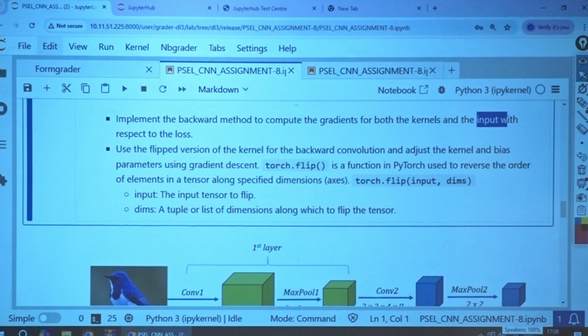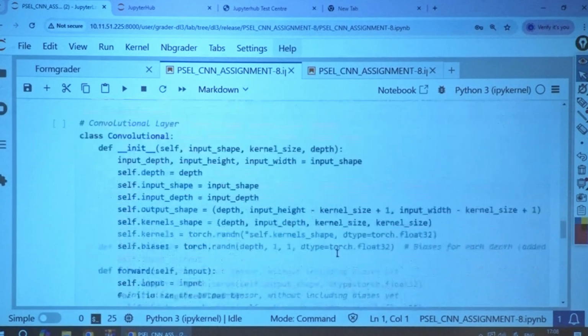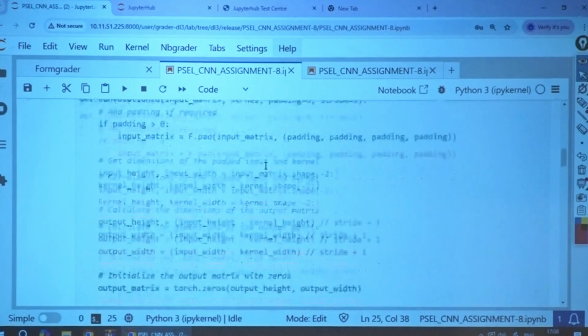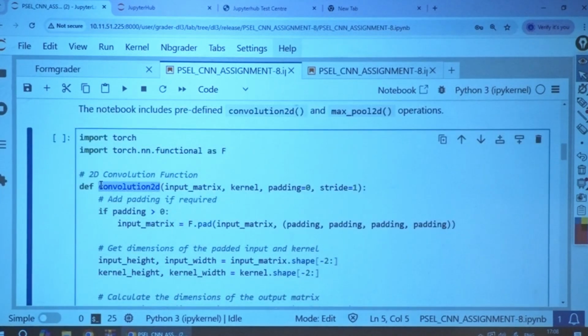Typical convolution between the input and the loss from the previous gradient, that is the output gradient. It's a so simple thing, do that. We already defined this, convolution 2D is the method. I provided the code, I didn't do any modifications in that one, that is executing perfectly. You already defined that, so I provided this code for you. Convolution 2D is to be called between input and output gradient.